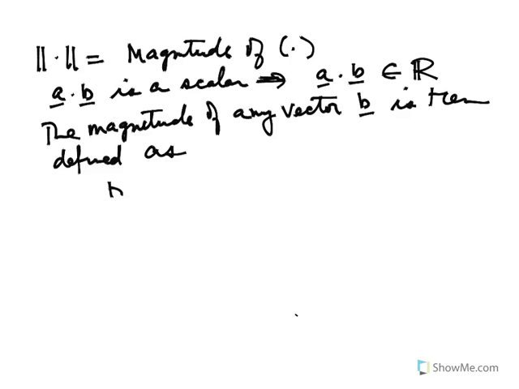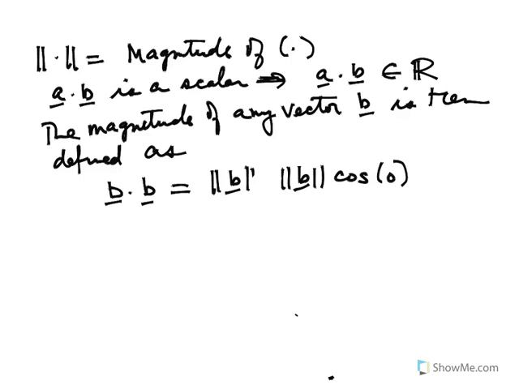We can say that B dotted with B is equal to the magnitude of B times the magnitude of B times the cosine of the angle between B and B. But what's the cosine of the angle between B and B? It's 0, right? So it's cosine of 0, right? If I take the dot product of B with B, I get